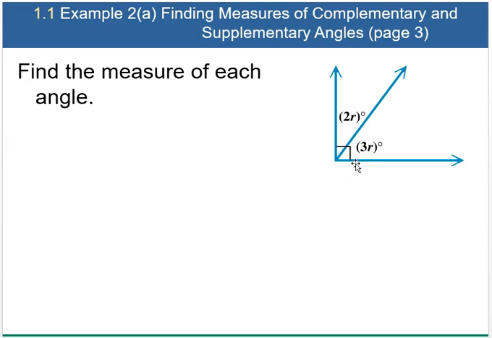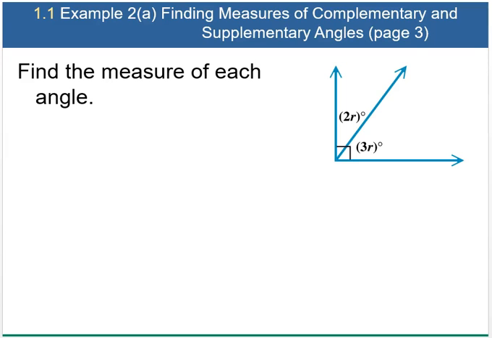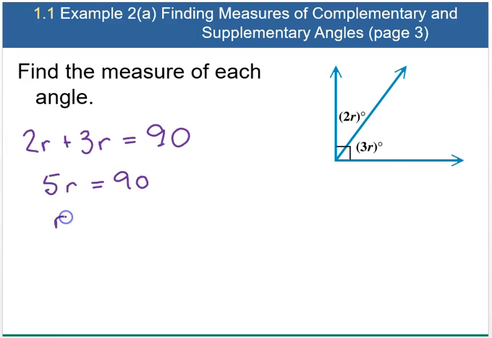So what we're going to do to find r is set an equation up again and say 2r plus 3r is equal to 90, and solve for r. So we get 5r is equal to 90. r is equal to 18. So now that we have r, we just need to substitute that back in